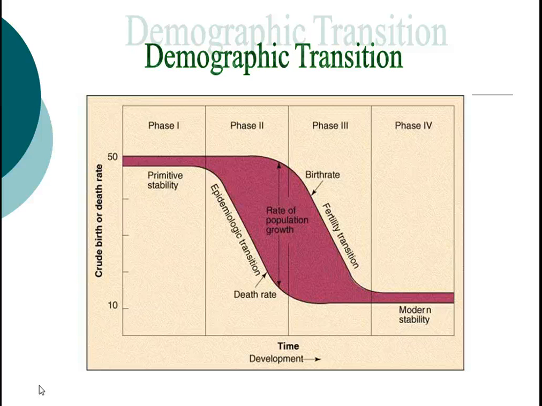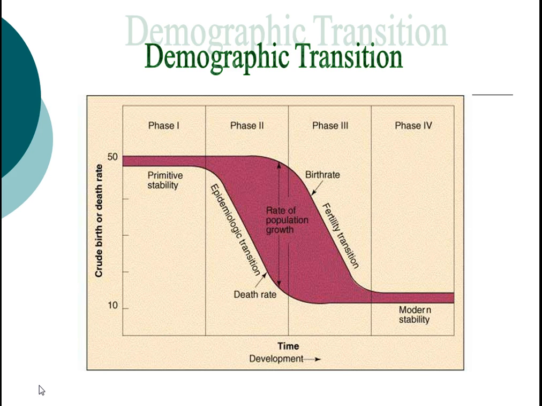In phase 3, this is when we're starting to get to the Industrial Revolution, or I'm sorry, it doesn't have to be that time period, but when countries start to industrialize, then their birth rate is going to fall. It's a lot harder to have children in the city. You don't need them for the labor on the farm. It's expensive to feed them. We also start to get a change in medicine as far as contraceptives,